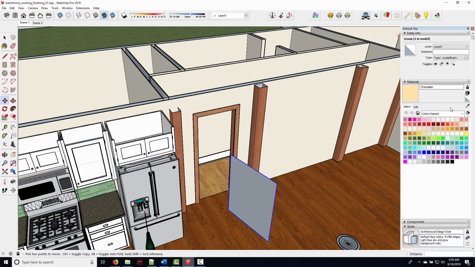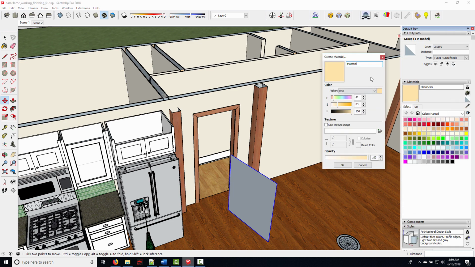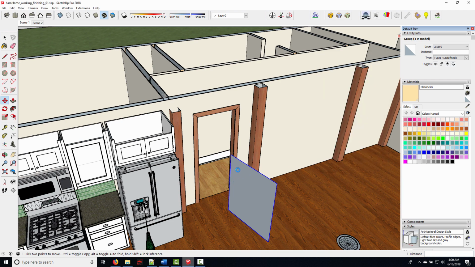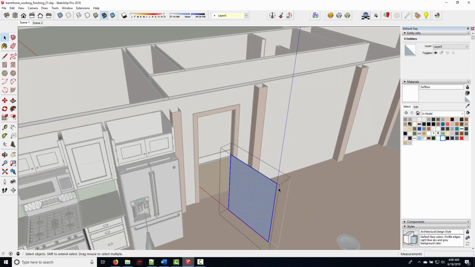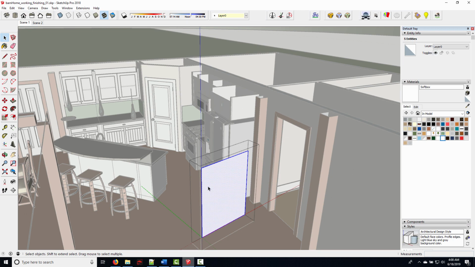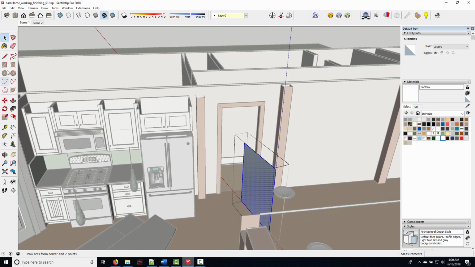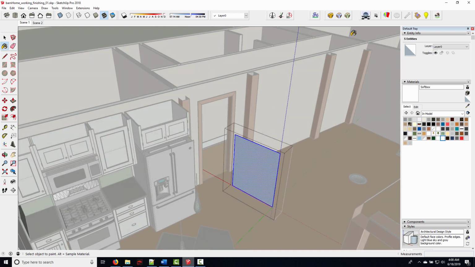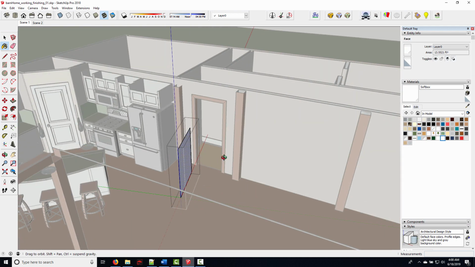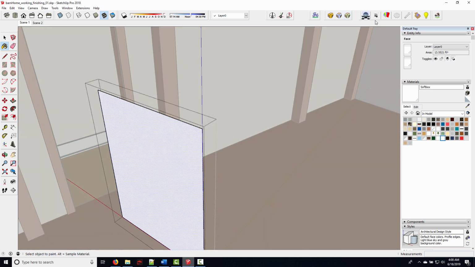So come up to materials, go to create material, just say softbox. I'm just going to use a white, hit OK. And then I'm just going to apply this to the entire face. So grab my paint bucket. You know what, actually this is the reverse face. So right click, reverse faces. And now I'm gonna triple click and grab this paint bucket, paint that on my softbox, and